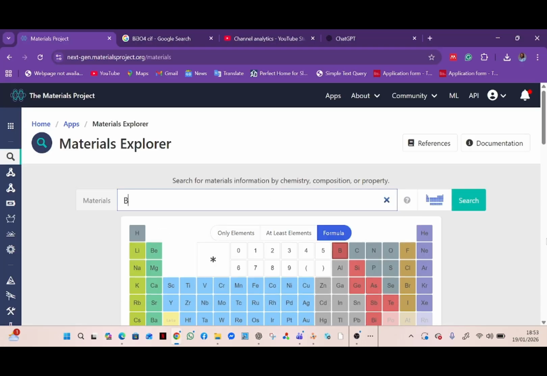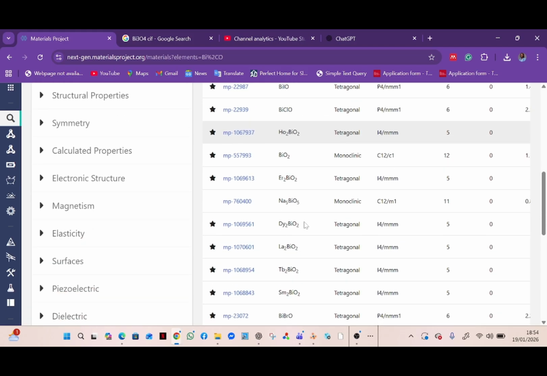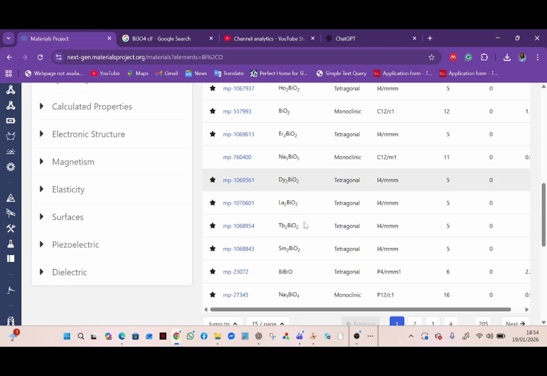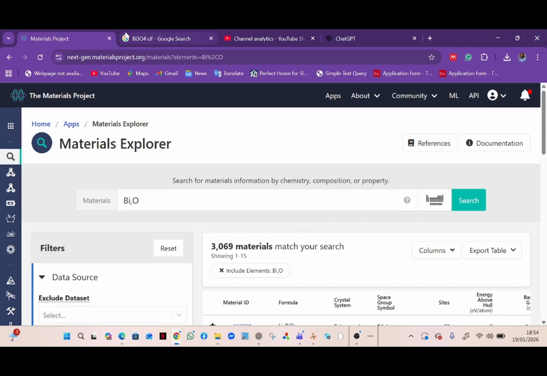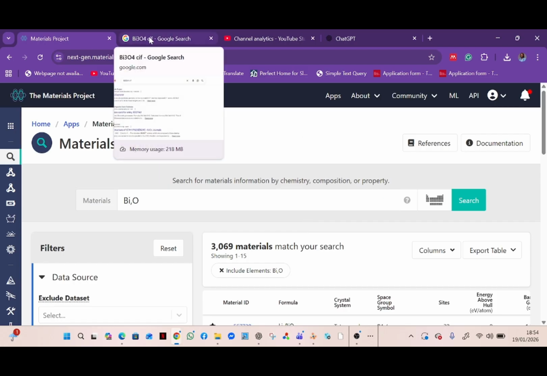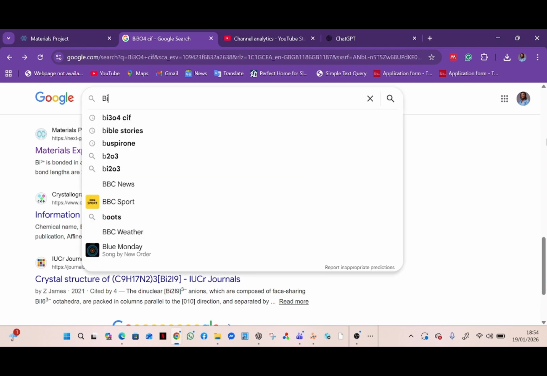Let me try bismuth oxide. So let's say you didn't find it, and that's because the Materials Project is not the only database. There are several databases, so you can just go to Google search and type in the material you want, which I already did. So it's bismuth